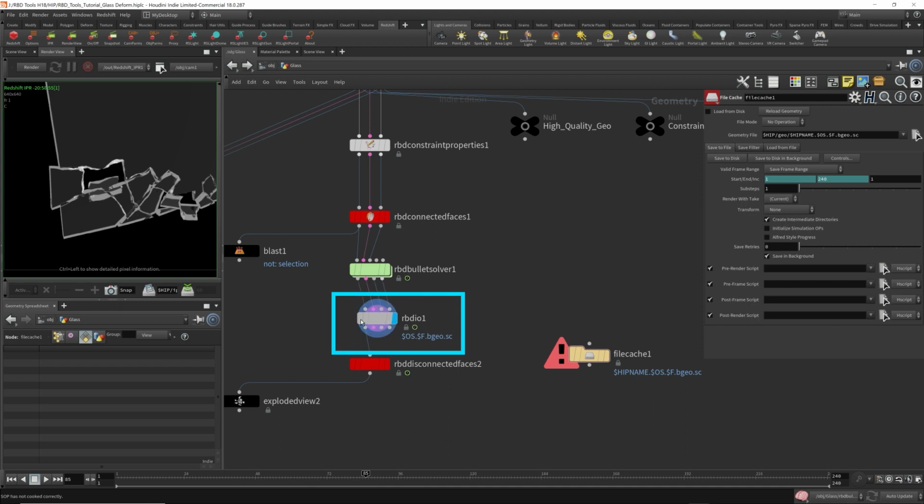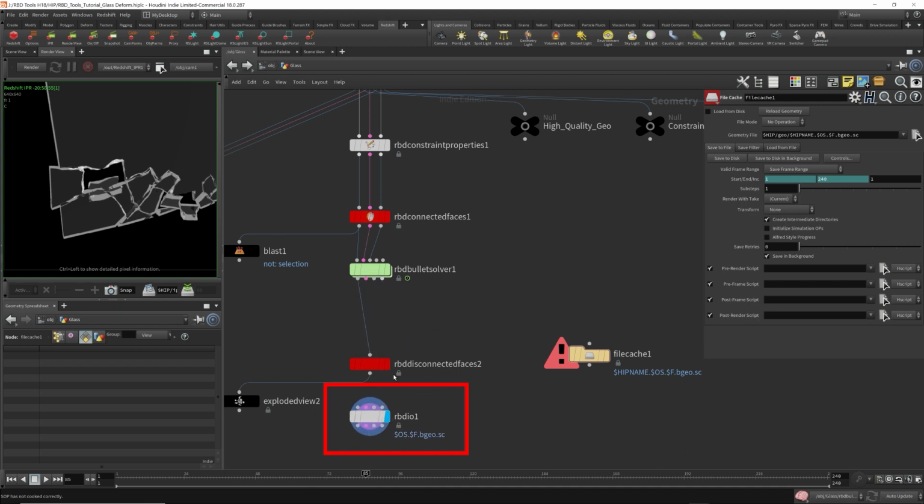If you put the RBD IO after the RBD disconnected faces here, now you lose a lot of data. You lose all the constraints. You lose the simulation points and proxy geometry. So you lose a lot of data. If you think of something you want to change in the simulation, like add an attribute wrangle after this, then you'll have to recook it because you don't have the constraint information. So modifying anything else would make it a little more difficult. So that's why the advantage of putting this node